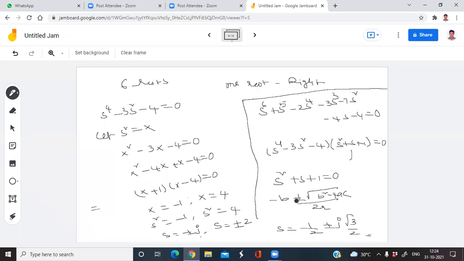So actually from the Routh array, how many roots are on the right side of the S-plane? Just tell me the answer. From the Routh array, how many roots are on the right side of the S-plane? 1, sir. 1. Right. Now check the 6 roots. From the 6 roots, what is the root that is on the right side of the S-plane?